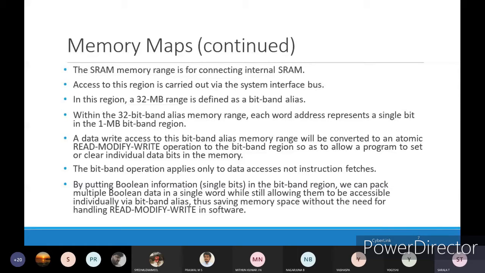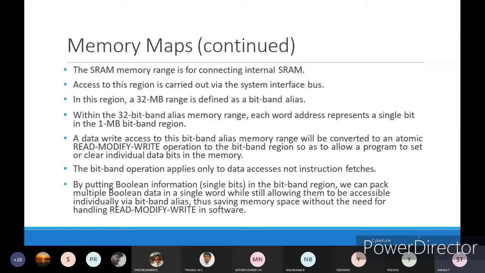Now, within the 32 megabyte bit band alias memory region, each word address represents a single bit in the 1 megabyte bit band region. Whenever you are going for the bit band alias region, each word address, a 32-bit address, represents one bit.